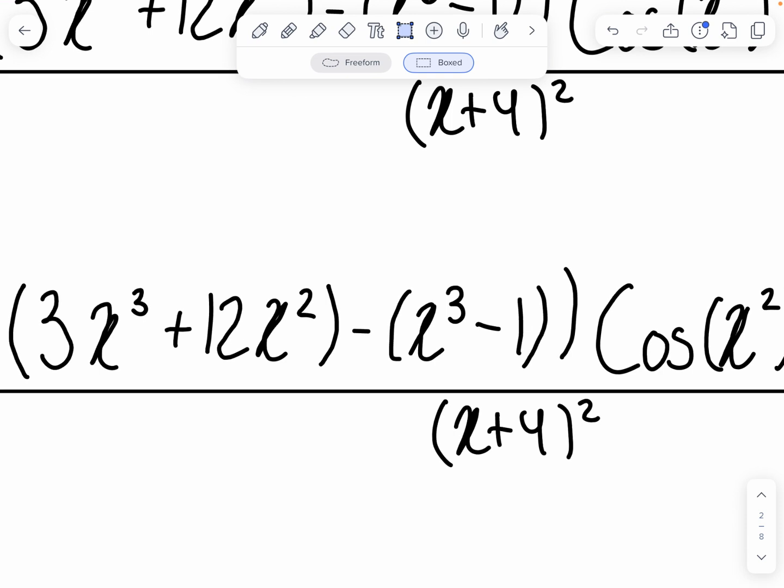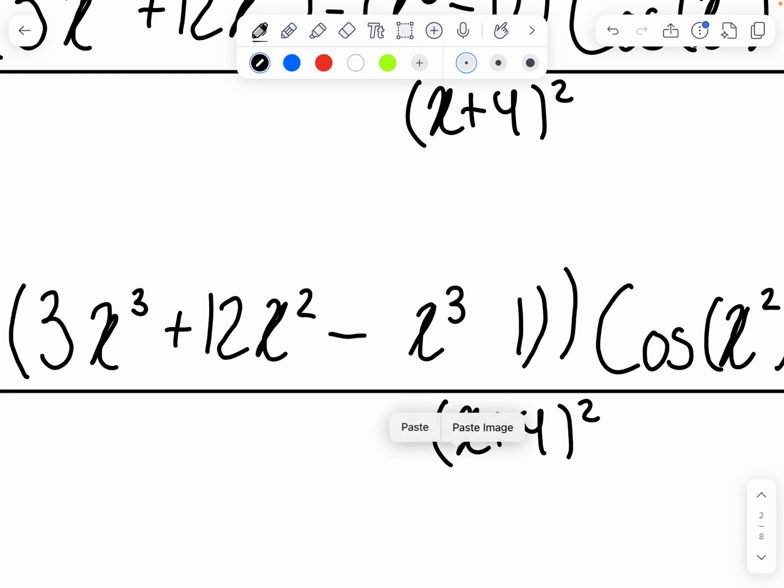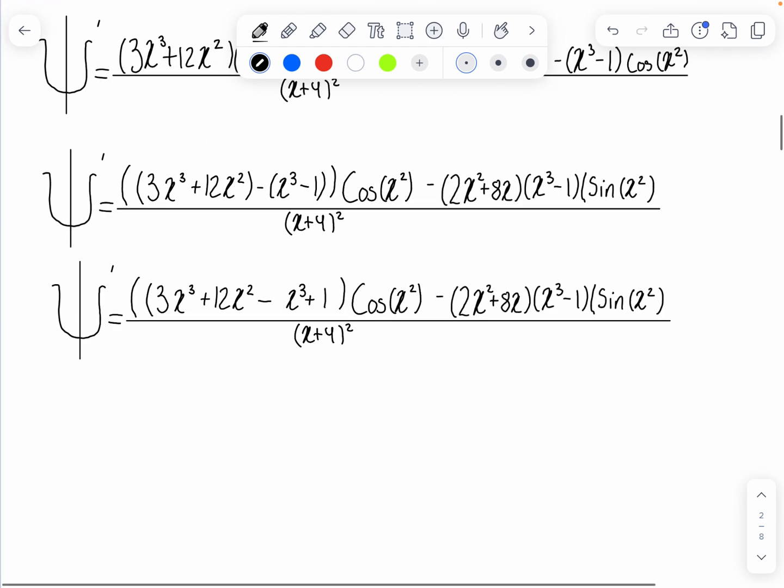So what happens is these signs will change. So this will become minus and this will become plus because we remove the parentheses. Okay, and now in the final step,